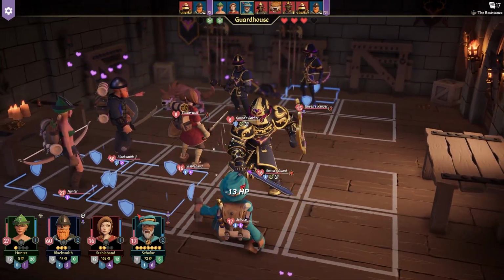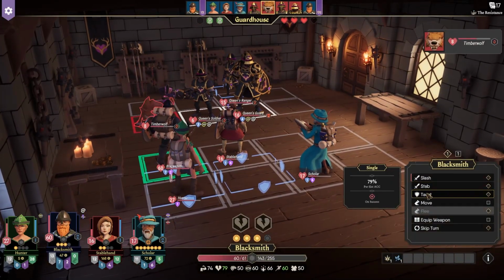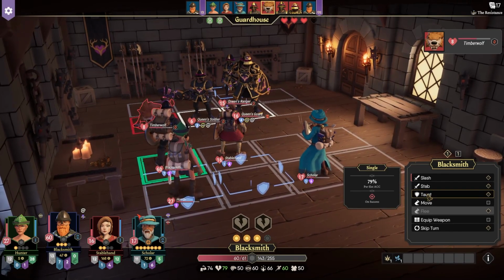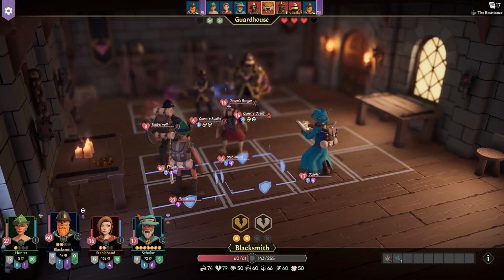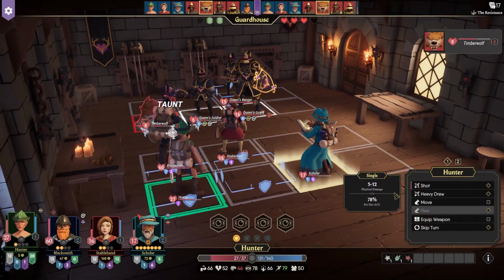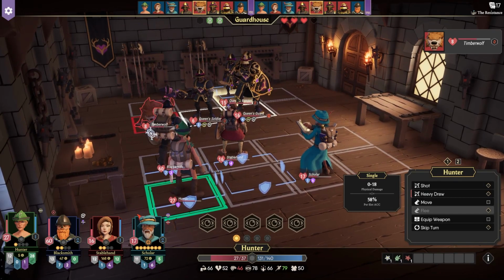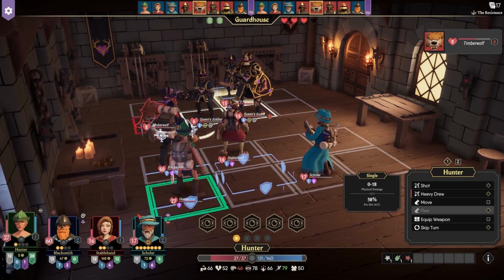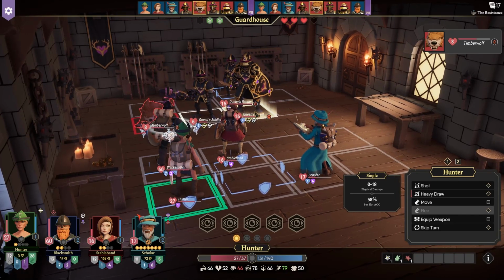Okay, he's getting rather low now. So let's move him behind the stable hand. Tempting to taunt now. Oh yeah, we can't target the ranger. Right, I was just trying to do that. In that case...